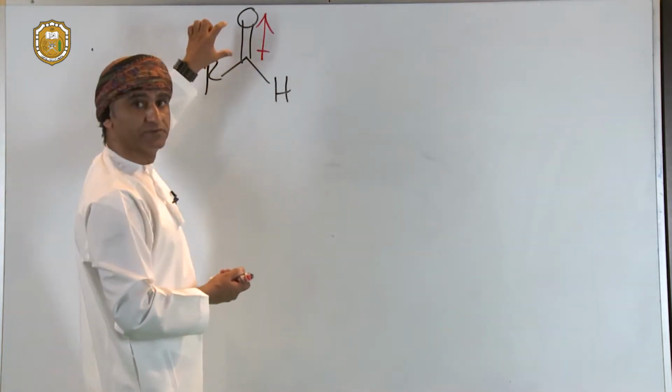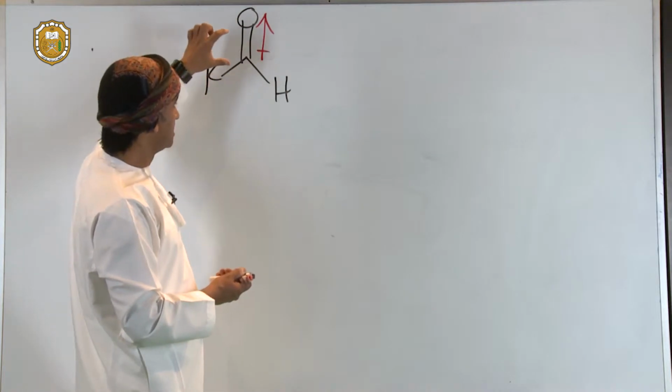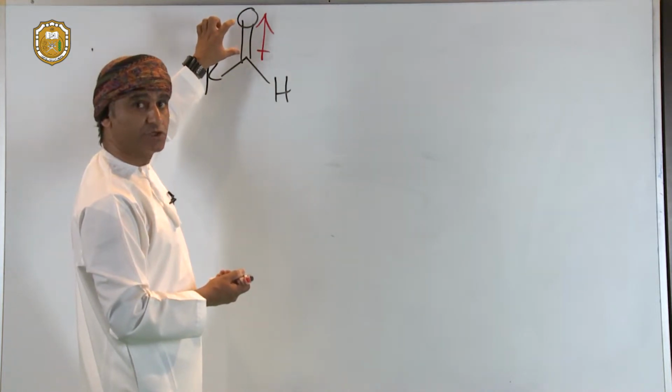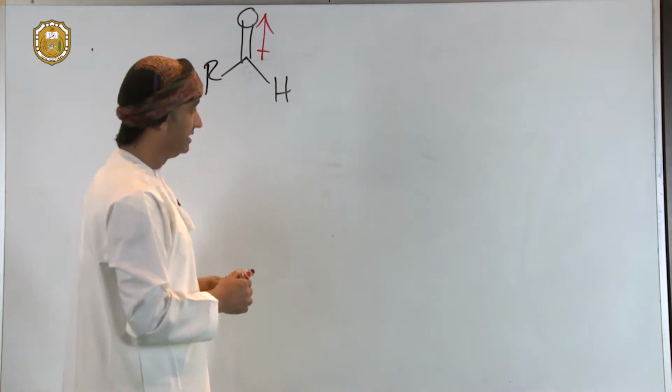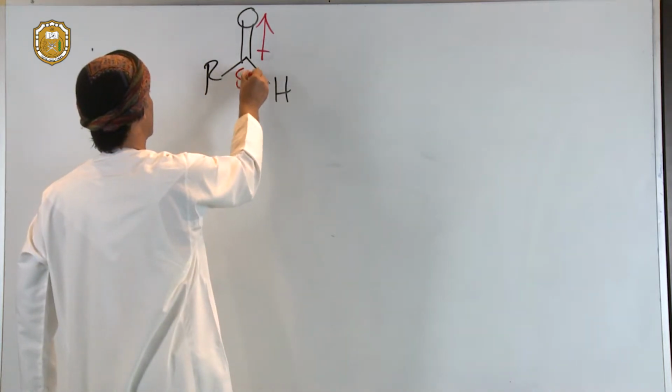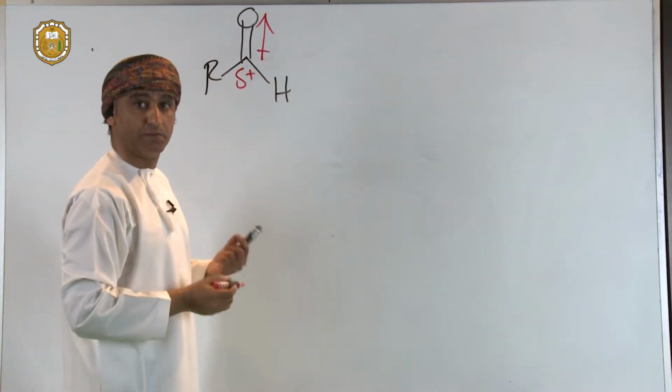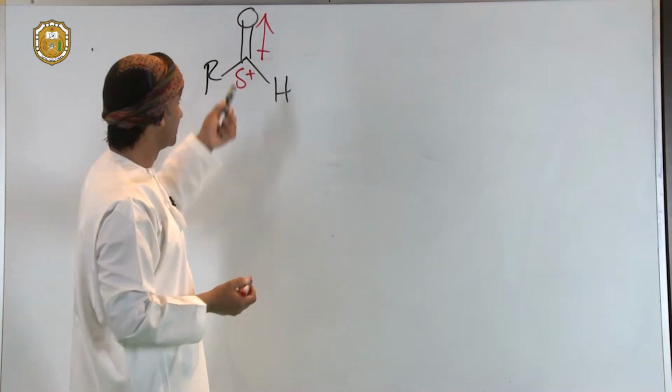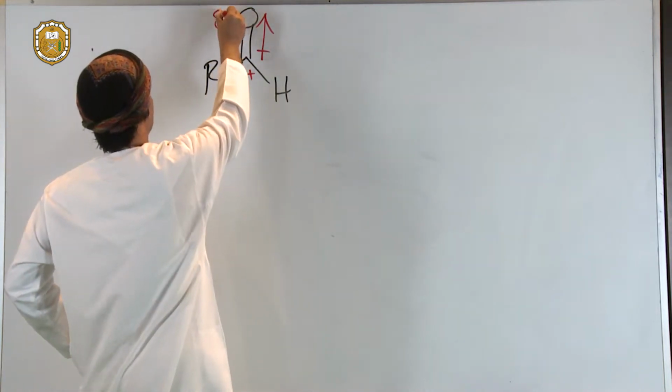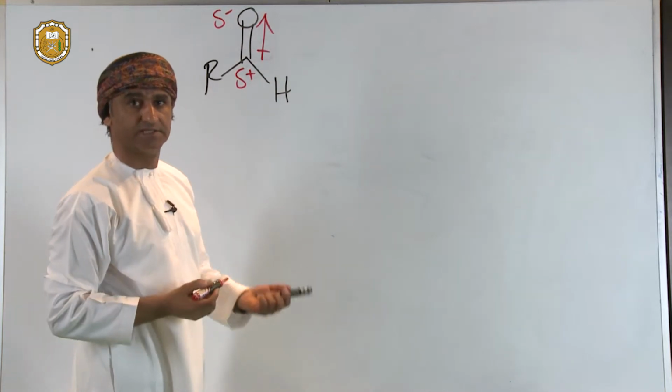This unequal shift of electrons leaves a delta positive, or a positive partial charge, on carbon, and delta negative on oxygen, or a negative partial